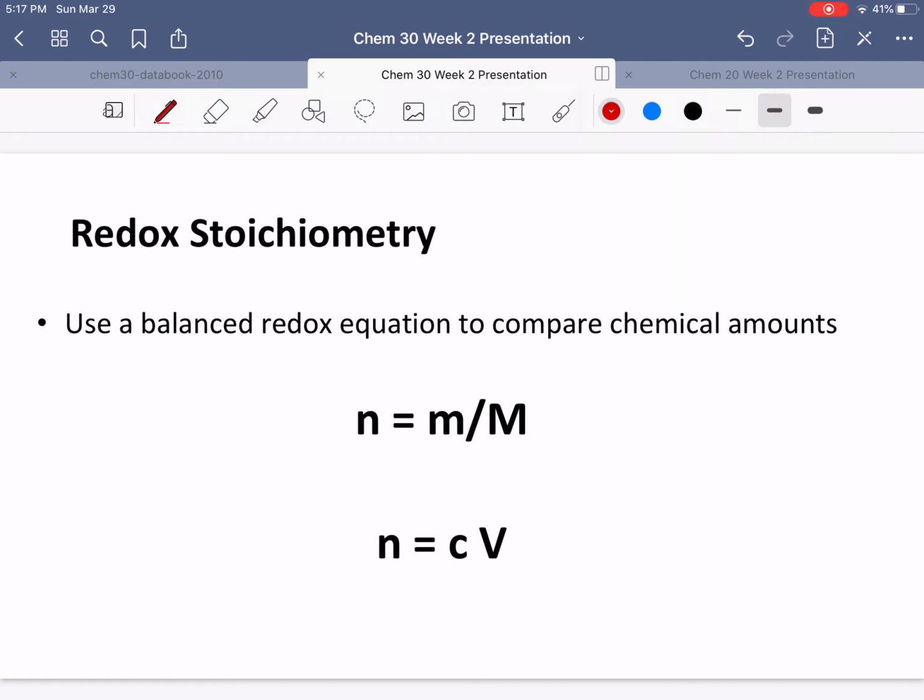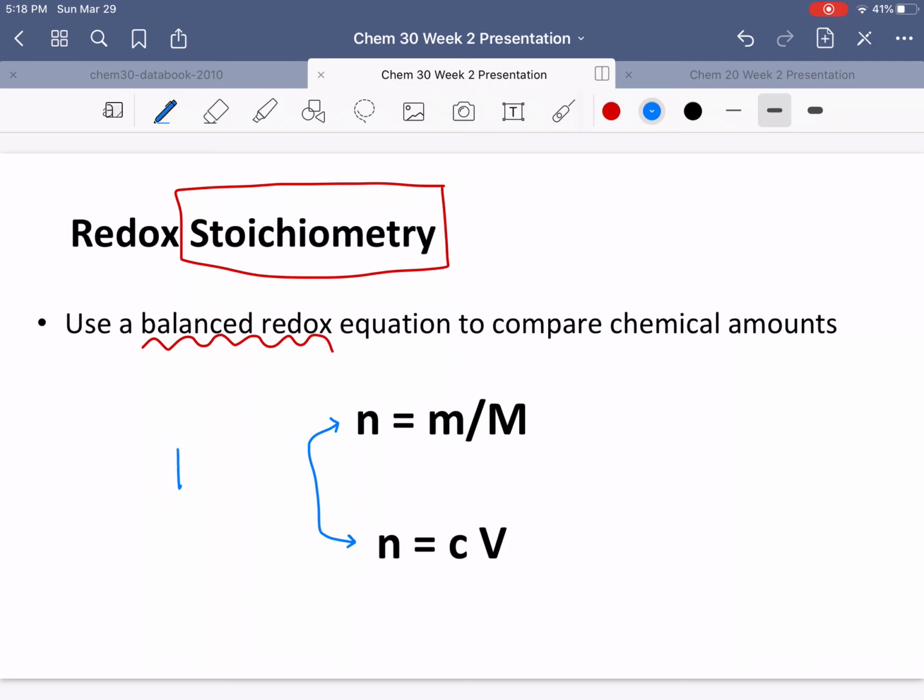Now with redox stoichiometry, and don't be intimidated by the word stoichiometry, this is just about looking at ratios, it's no big deal. But the key thing with stoich is balanced reactions, and we get to revisit two formulas from your past. So if you look at the two that are here, the key thing is for both of those,